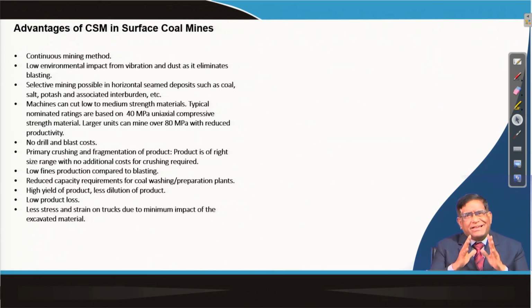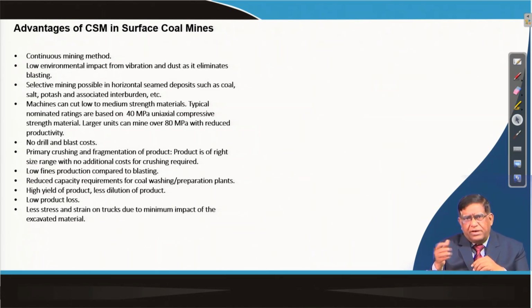But it can be maintained by putting in a number of such machines, though that may increase the capital cost. But as these machines will eliminate the requirement of some other machines, total cost effectiveness can be seen side by side, or you can create a simple mathematical model for its applicability or cost benefit in any particular field. As we said, it does not give dilution, and there is low production loss, and as a result there is no loss of the in situ recoverable mineral.